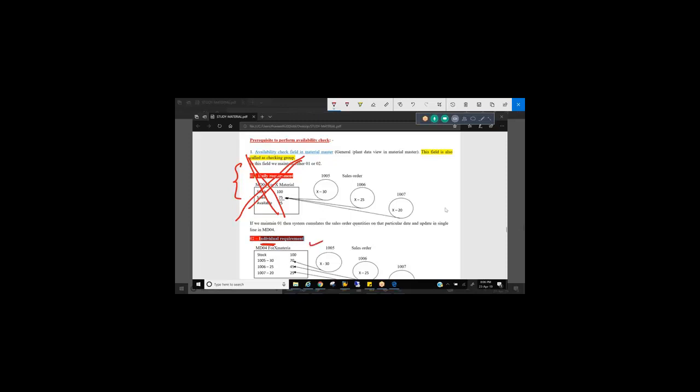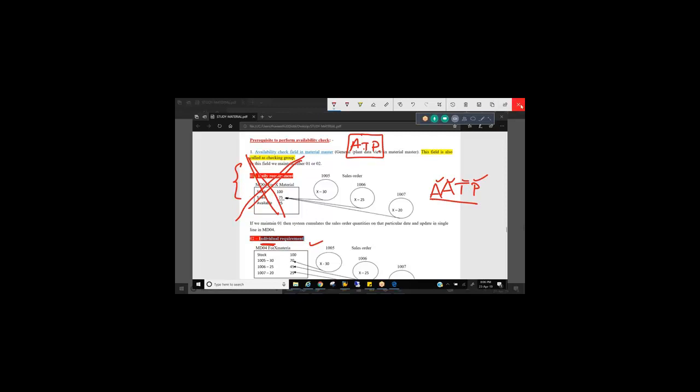There is no daily requirement in S4 HANA, only individual requirement. And that is a concept called AATP. Whatever concept we are discussing now is called ATP, that is available to promise. We sell material on a first come first serve basis. Whoever the customer places an order, if material is available, we just sell it to them. That is ATP, available to promise. That means if material is available, we promise, we sell it, right? So the new concept in S4 HANA under availability check is AATP, advanced available to promise, right?